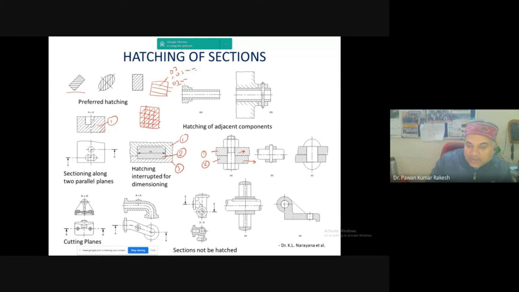So here you can see the hatching direction is quickly changed, or opposite. The preferred options are either a horizontal line, a vertical line, or a certain angle like 45 degrees, right? So you can use it for the hatching. This is called preferred hatching. If you have multiple object parts, in that case you can change the hatching directions. You should not change the distance between one line and another line,